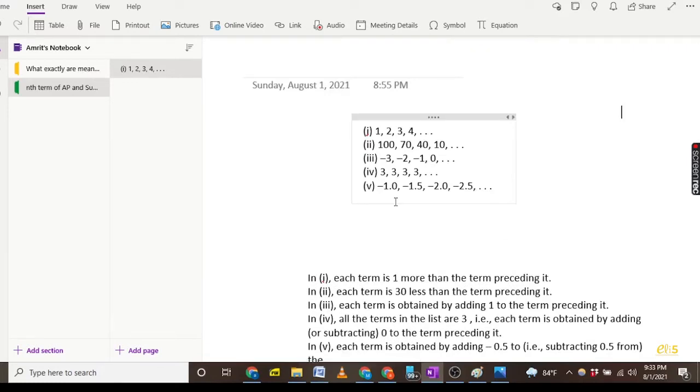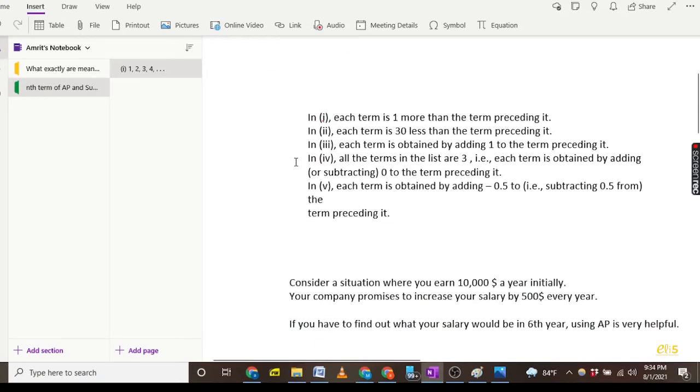If a certain pattern of numbers occurs where each term is calculated by adding or subtracting a fixed difference between the succeeding terms, it is called an arithmetic progression. So now that we have established the definition, the concept of AP, arithmetic progression, we now look at the nth